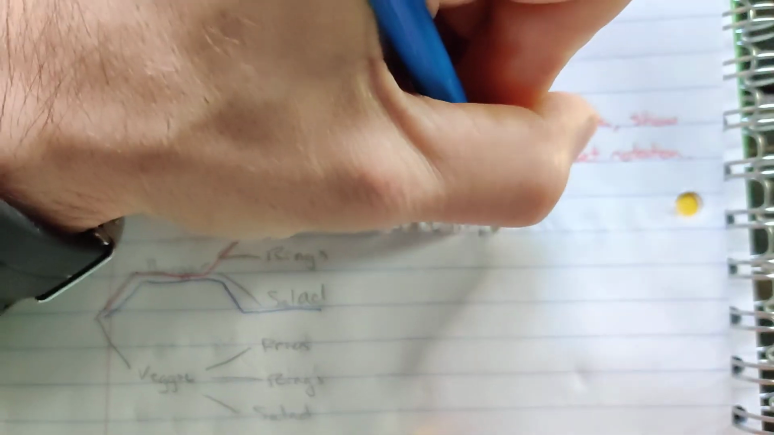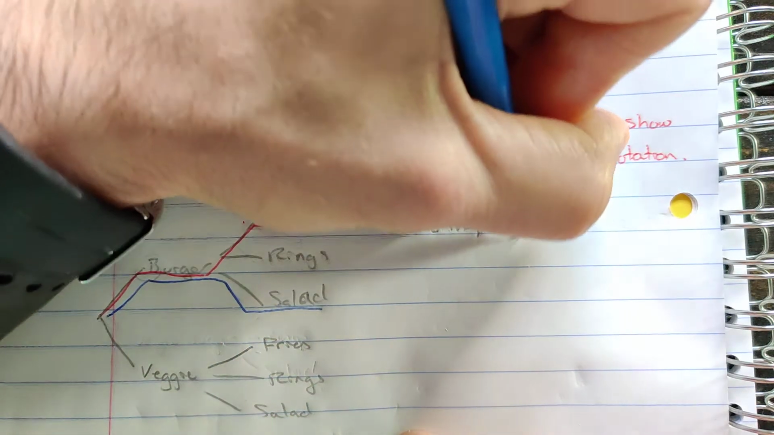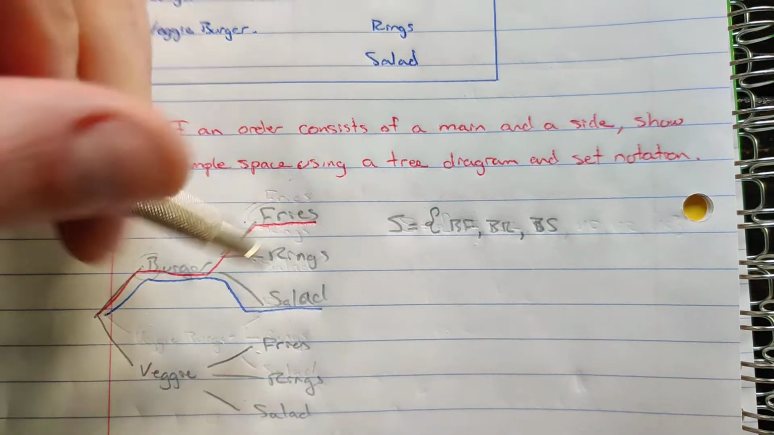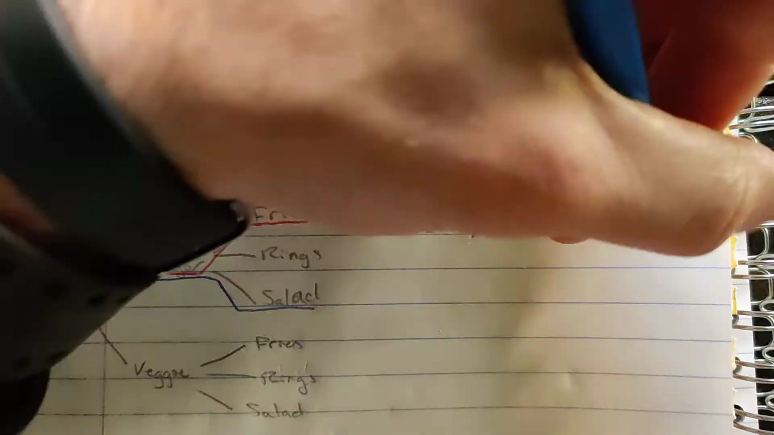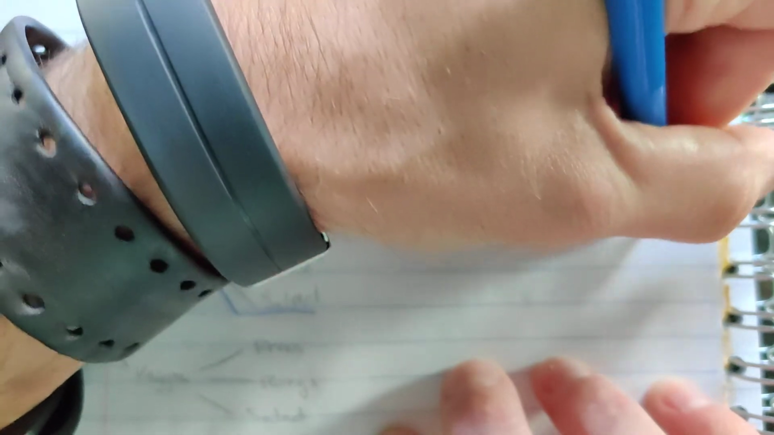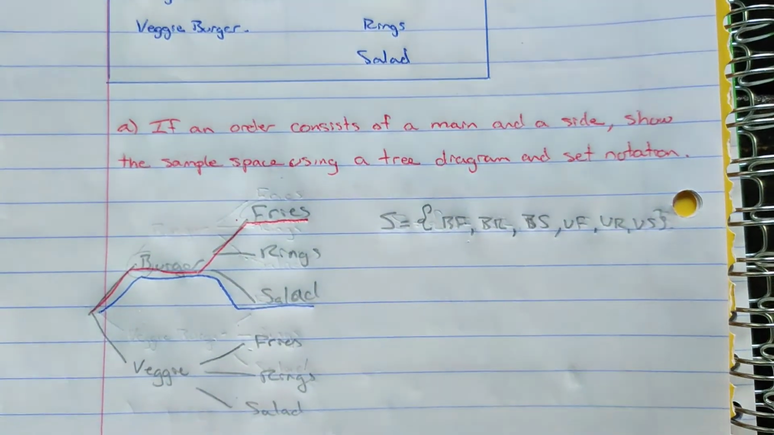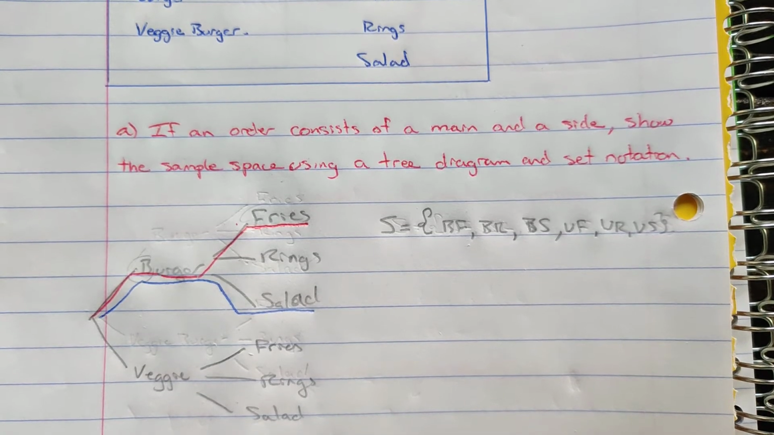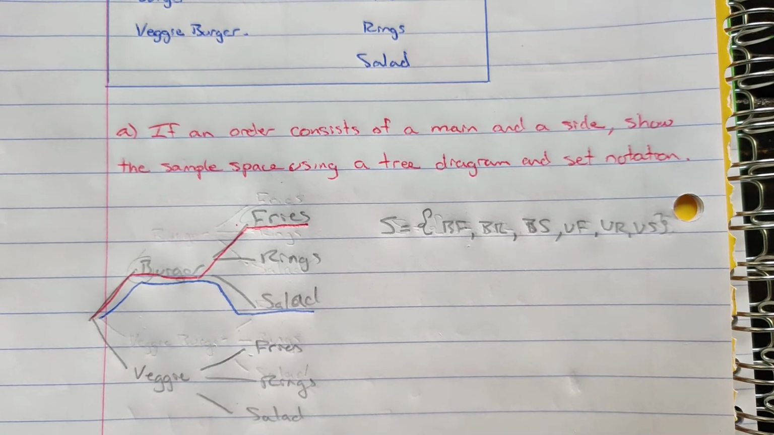Or we can have burger and rings. Or we can have a burger and salad. So that's these 3 possibilities. Or we could have the veggie burger and fries, the veggie burger and rings, and the veggie burger and salad. And then I'll close that set. So there's the sample space in set notation. So we just say what pairings we could have, and then we just simplified it by writing the first letter